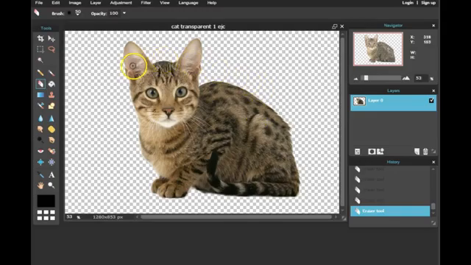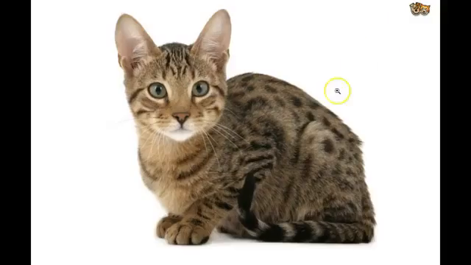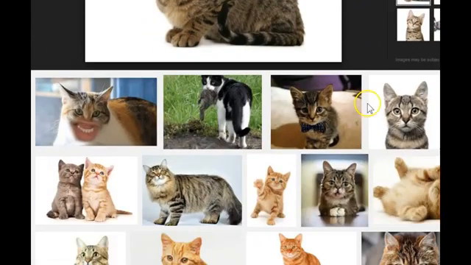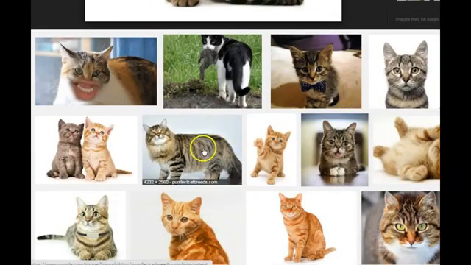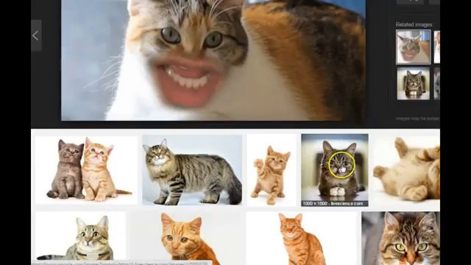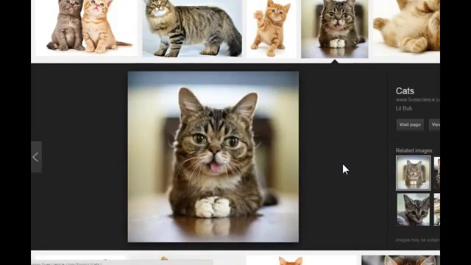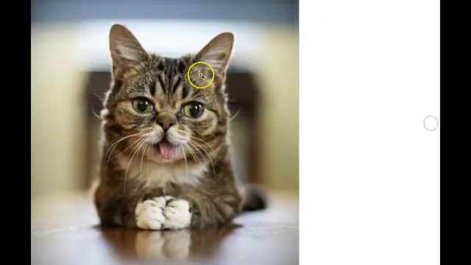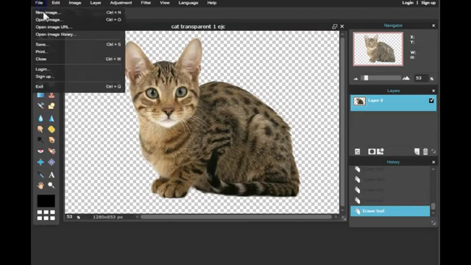Now sometimes it's not that easy. Sometimes you might have a background or you might have things in the background that you can't get rid of. So for example, let's say we want to use this cat or that object. New image, right click, copy image address, new,